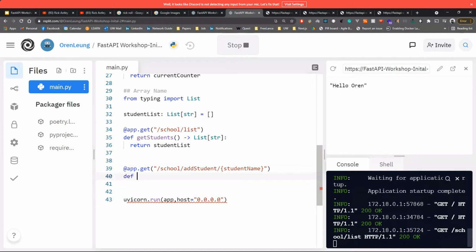All right, so next we're going to define our function. We're going to define this add student. And basically what we're going to have is the same parameter from our route, and this is going to be a string. And we're going to pass it into our function. And what we're going to return is the updated list of our